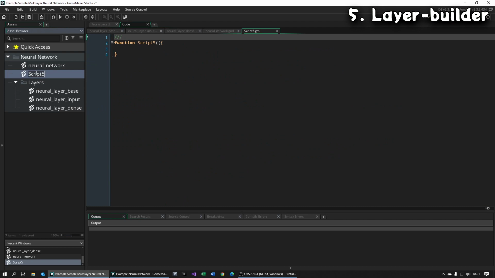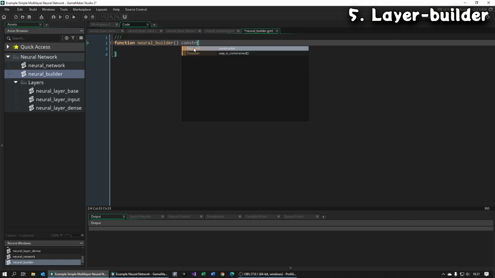We will make a layer builder so we can optimize updating network information and make sure layers are correctly added to it.